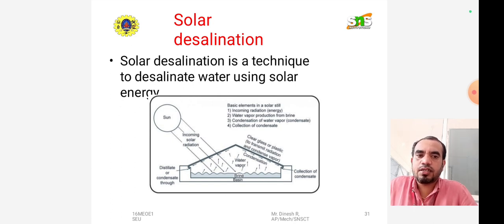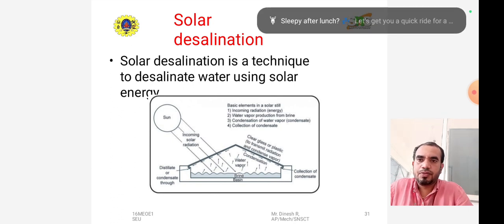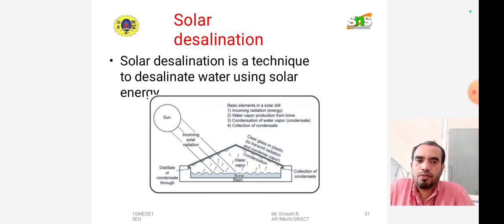In this diagram you can see a system placed in water bodies like an ocean or lakes. At the bottom we have an overflow line, and an insulator is provided in the system. You can see the sun, the incoming solar radiation, which is the energy, and the desalination process shown by the arrow mark. The water is converted into vapor, and when it reaches the transparent cover, the triangular part, which is mostly made of glass,